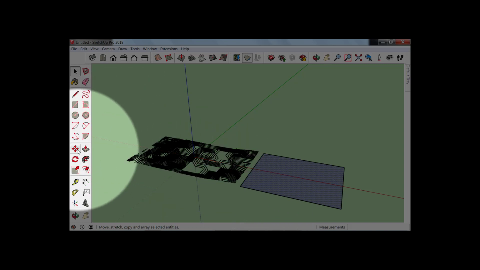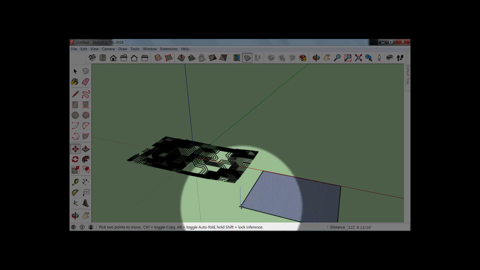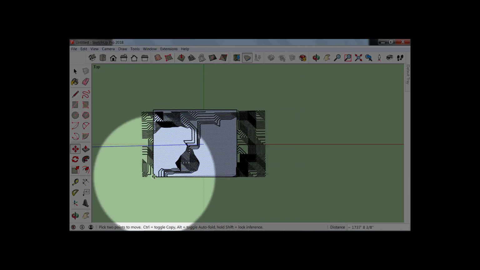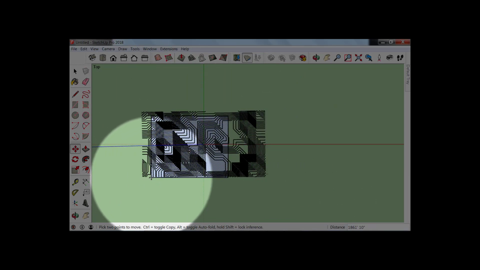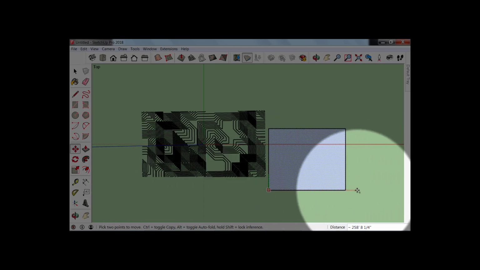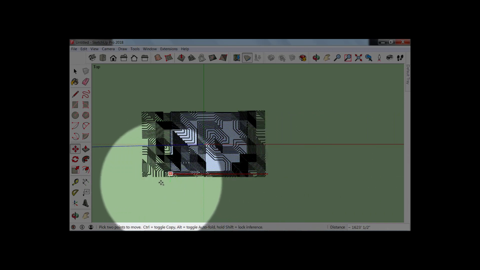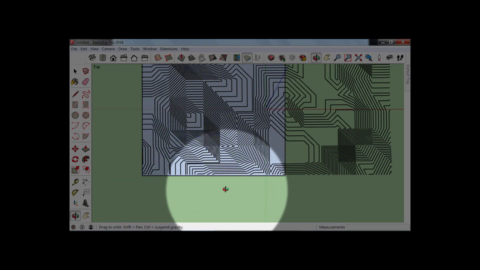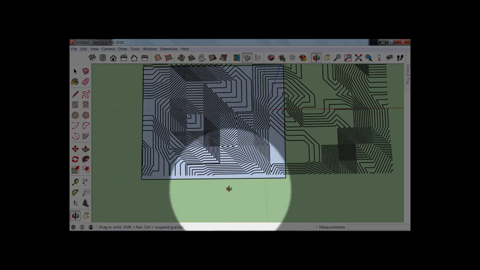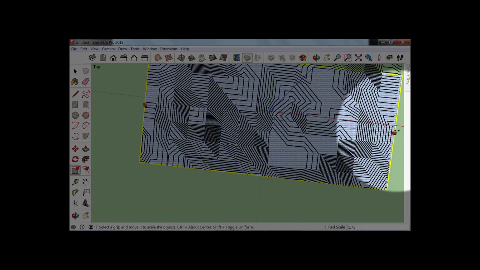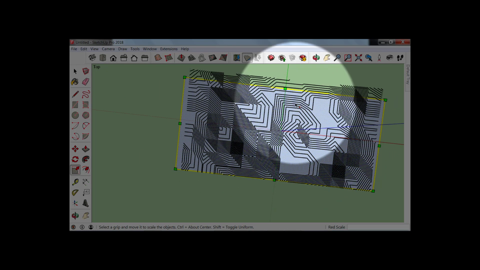I will move this a little down, go to the top view, and then move. Now I get a view and then I will scale this like this.